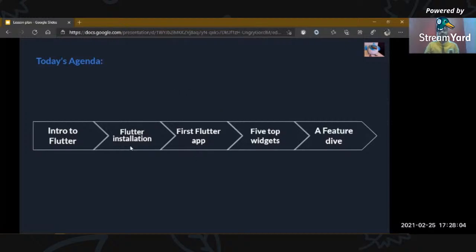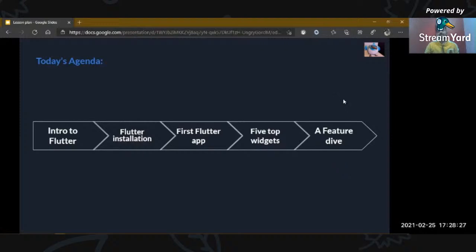After the installation part, we'll be running our first Flutter app live, and then we'll be studying some widgets. Don't be panicked here, guys. We will be knowing about widgets in a short while.